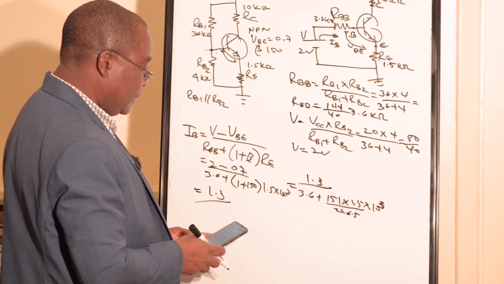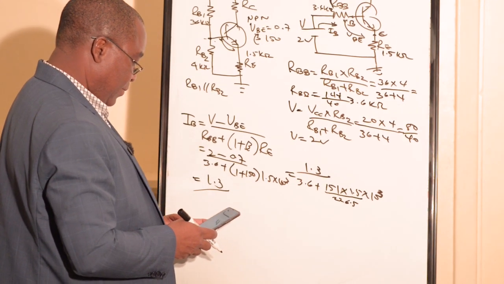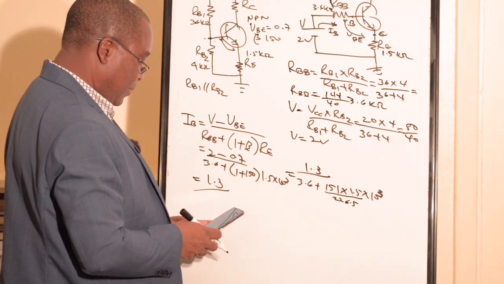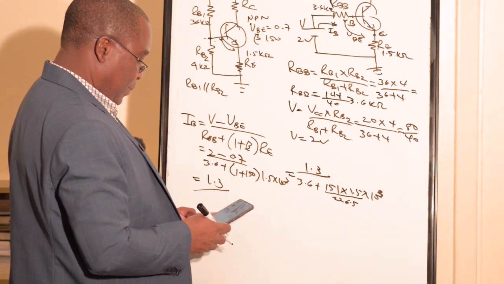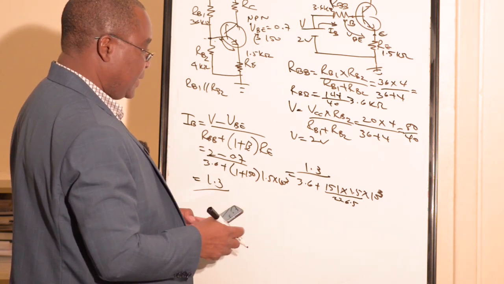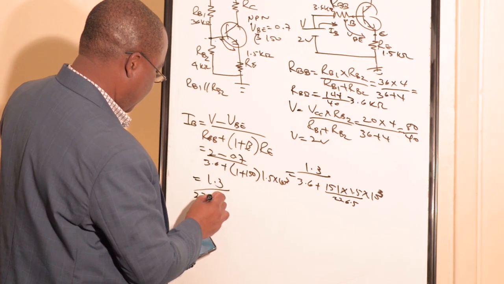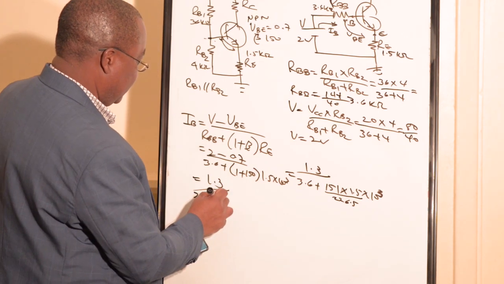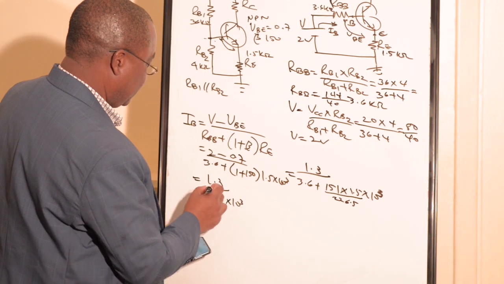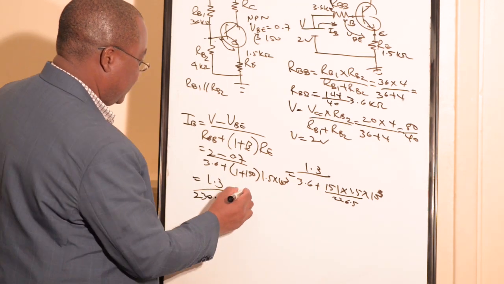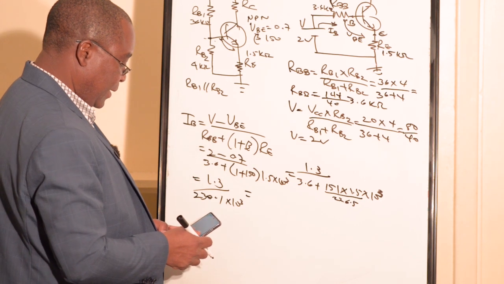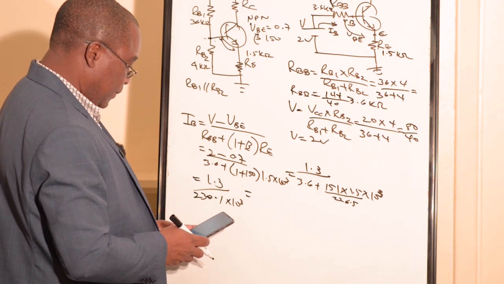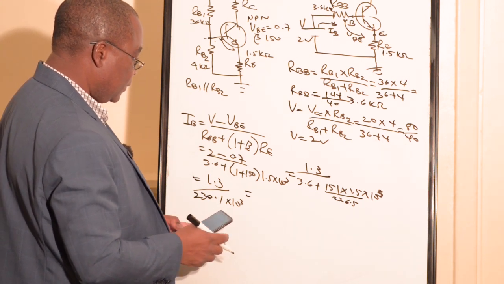151 times 1.5 is 226.5. 226.5 plus 3.6 is 230.1 times 10 power 3. So we divide 1.3 by 230.1. We have here